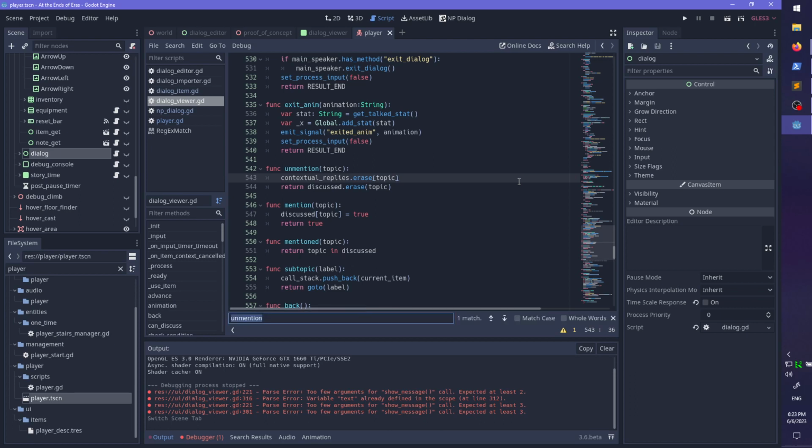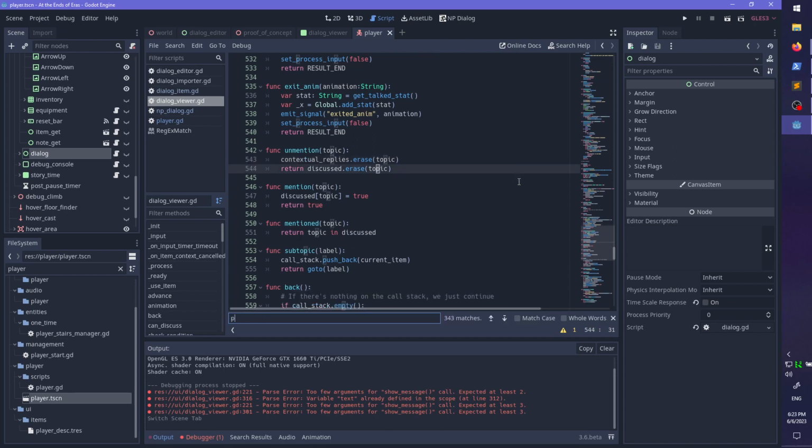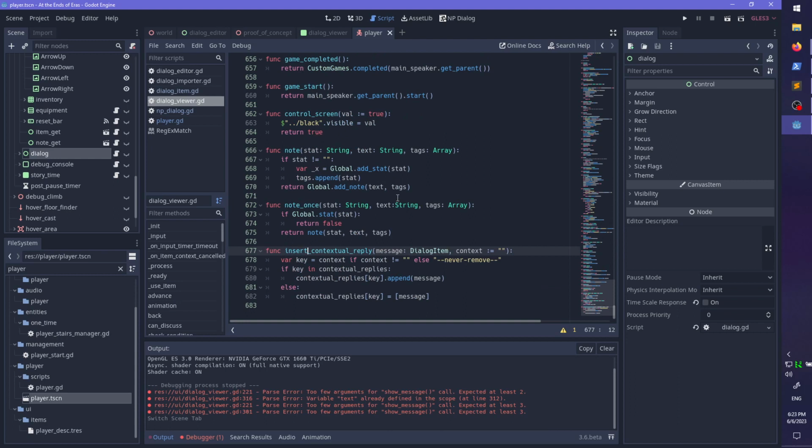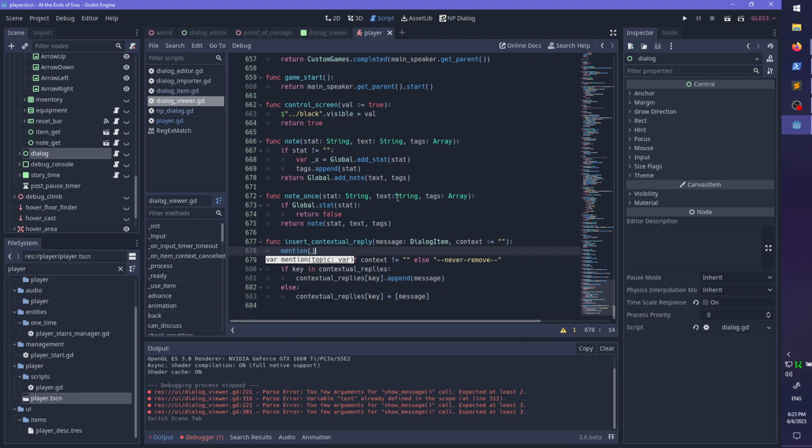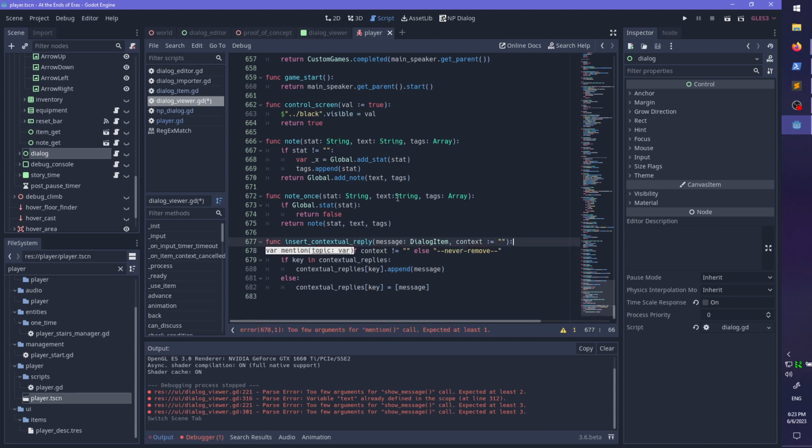Oh yeah, also I need to mention a topic. So let's do that in insert contextual reply. Add, if context not equal to this,